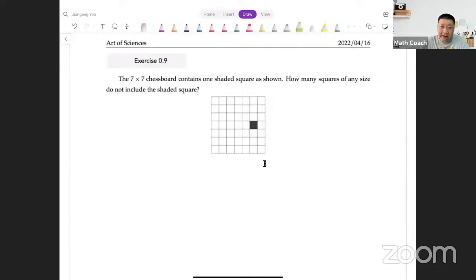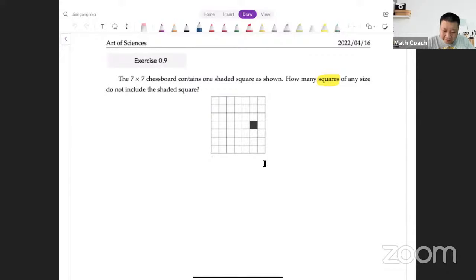So yes, enumeration always works, and that's why I see many wrong answers related to the correct answer. So first, this question is talking about squares, but not rectangles. You can play by yourself after our session. So if we want to calculate how many rectangles, what shall we do? Okay, so to calculate squares, if there's no restriction about whether you include the shaded square or not, that's simple,